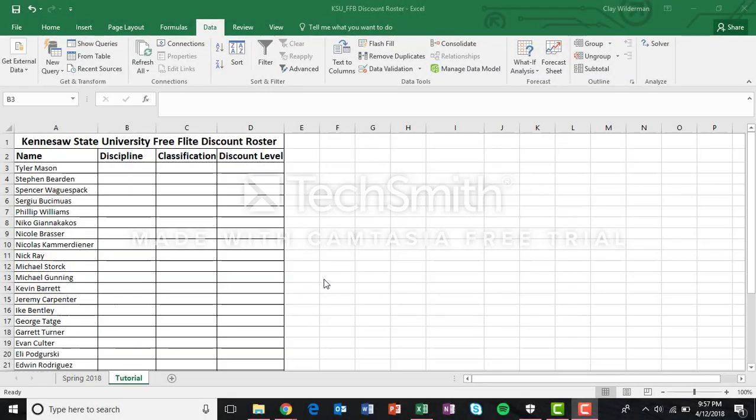So if you look on the A column, you can see that I've already put in all of our team names. Now these are the team members for the Kennesaw State University cycling team. And the company that helps sponsor the team, they give us discounts on bicycles and other parts and accessories, is the store Free Flight. So we wanted to make a roster list to be able to tell them the team